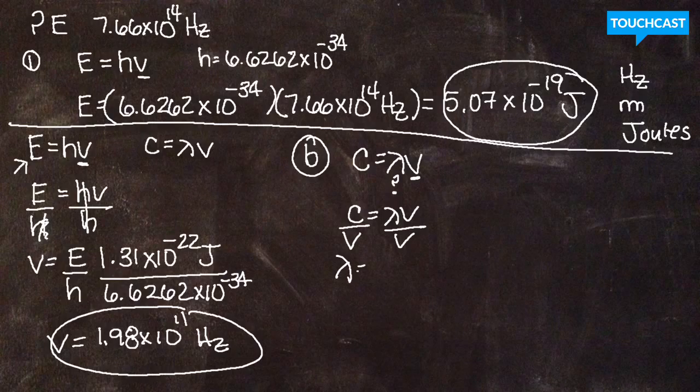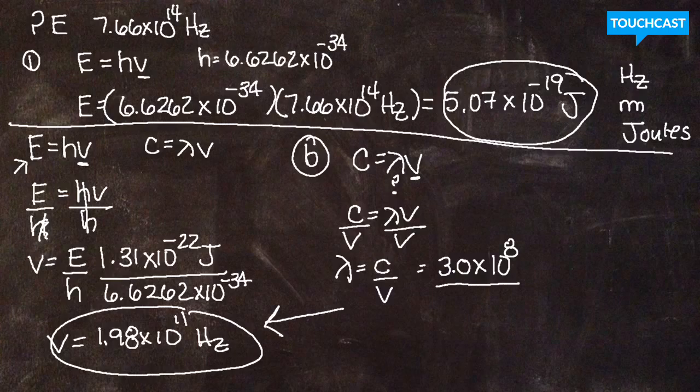So we get the wavelength equals the speed of light divided by V. So that gives us 3.0 times 10 to the 8th divided by our answer from our energy equation, 1.98 times 10 to the positive 11th, and that gives us